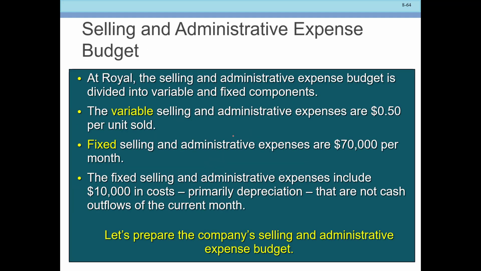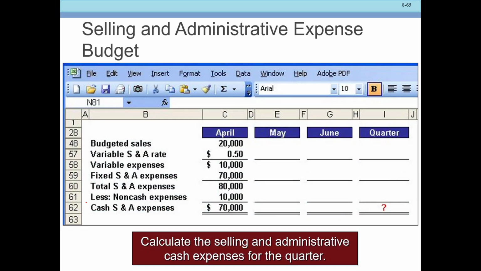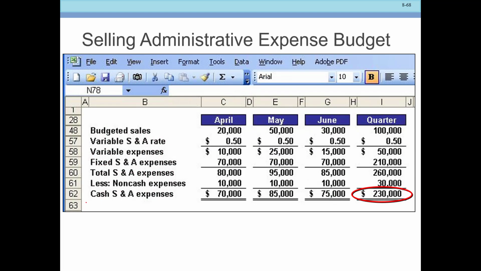At Royal, the selling and administrative expense is divided into variable and fixed. The variable part is administration cost of 0.5 per unit sold. So the base here is the units sold. This means that I'm going to get the number of units expected to be sold from the sales budget at the beginning of the chapter. The fixed one is 70,000, and it includes $10,000 depreciation cost, which is not a cash outflow, and it will follow the same manner as the manufacturing overhead,